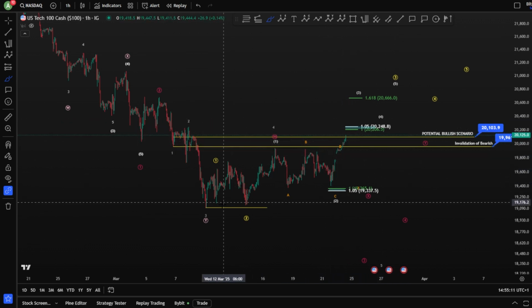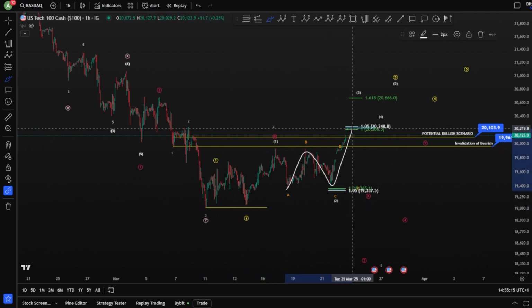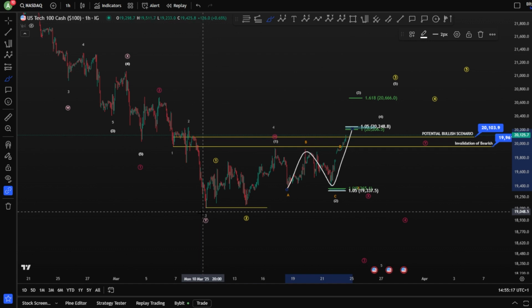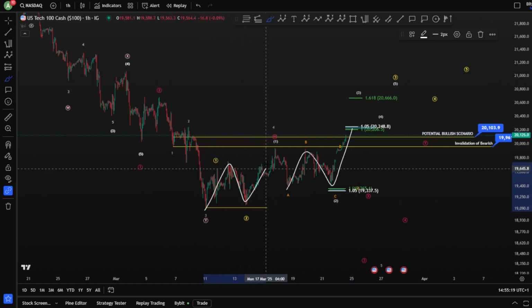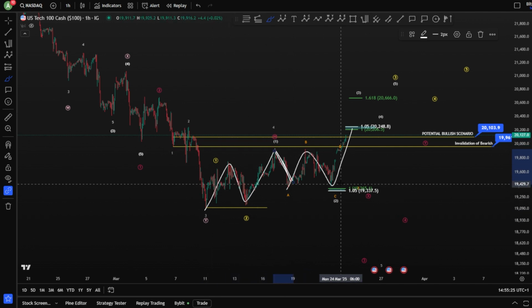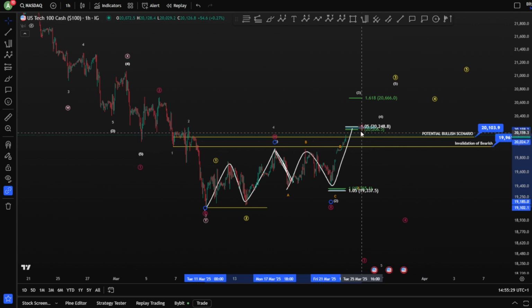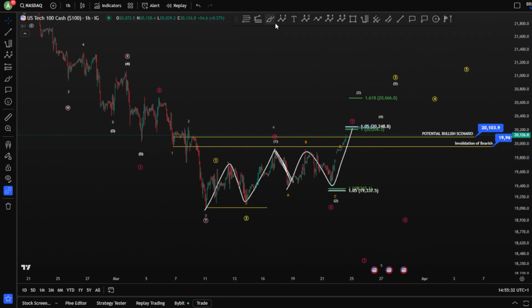What does it mean? 1-to-1 fib level, well, of course, this is a zigzag. In case we are in a zigzag for a wave Y, because you have a W as a zigzag, zigzag for a Y, and X in between. W, X, and a Y. Meaning your X has finished here, your Y might finish on the 1-to-1 fib level, and we're gonna see the reaction. What the reaction would be at the 1-to-1 fib level if we move toward the downside in 5 waves,